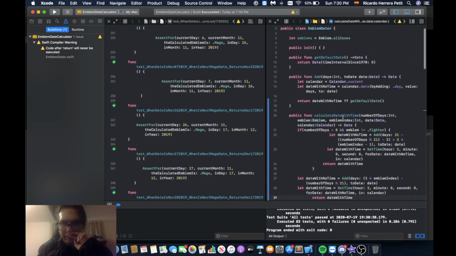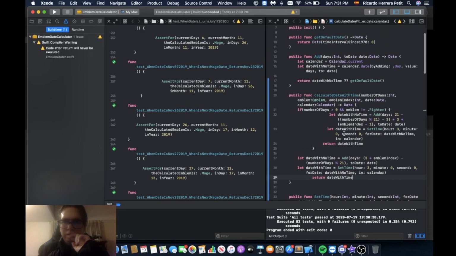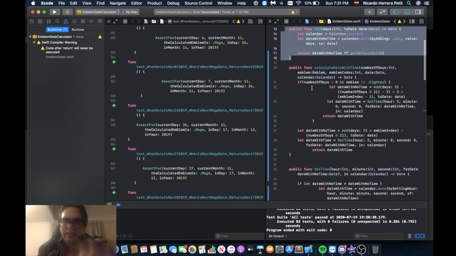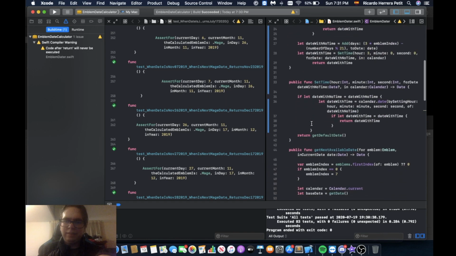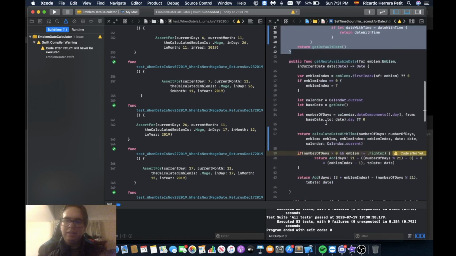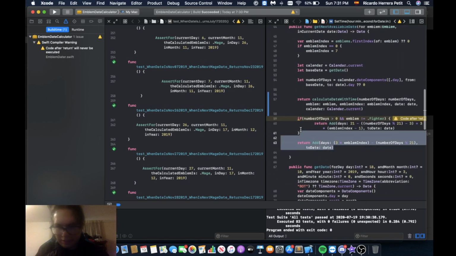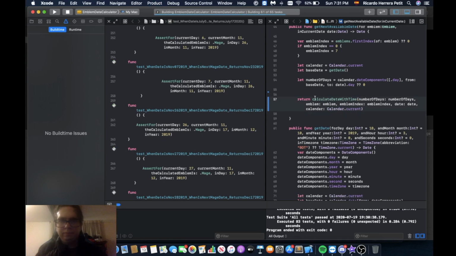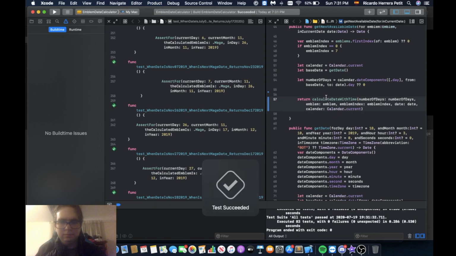Now I have refactored it. I think we got it. So we separated the principle. So this add function only adds a function. This calculate does all that complicated stuff, and this set time just sets the time. And then we just need to do this, and we can erase this here. Command U. And now we can